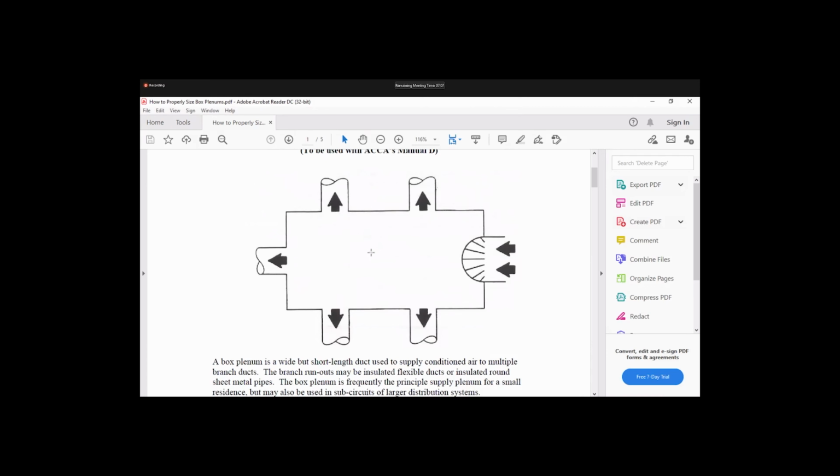Otherwise there will be a loss in the CFM at the most remote duct. If we provide the plenum box, with each branch connected to it, the air will circulate and divide evenly to each and every duct. So this is the advantage and the main use of the plenum.